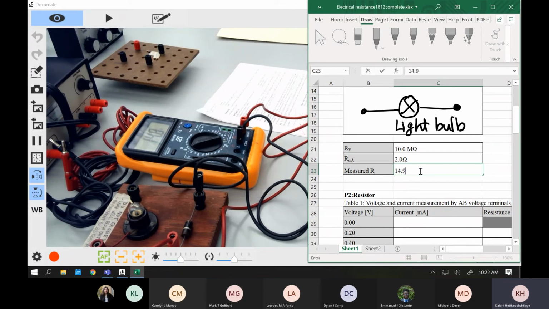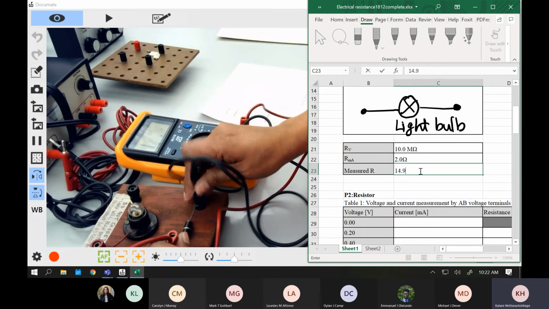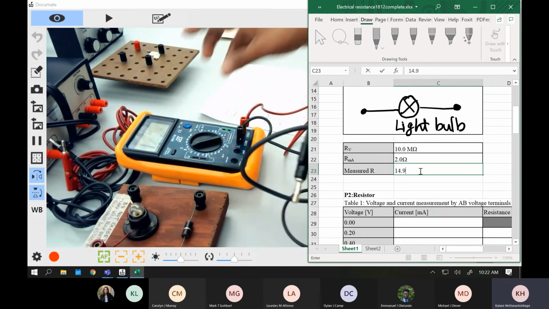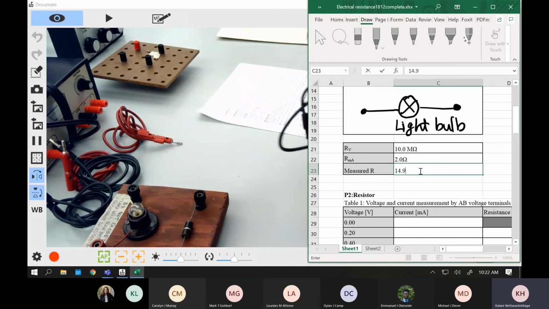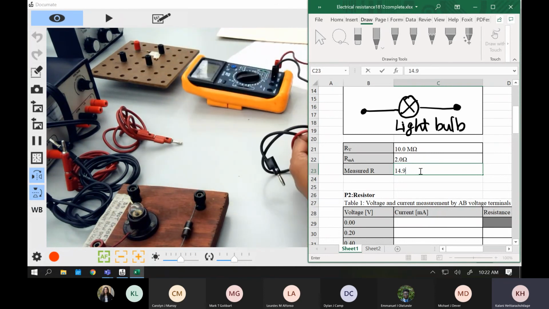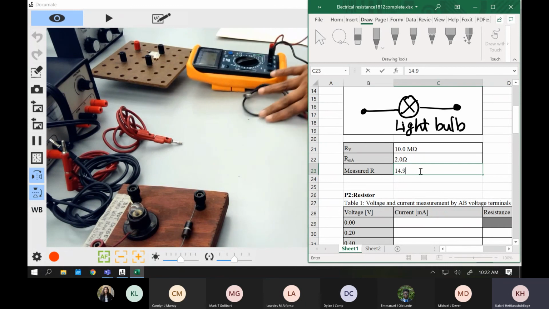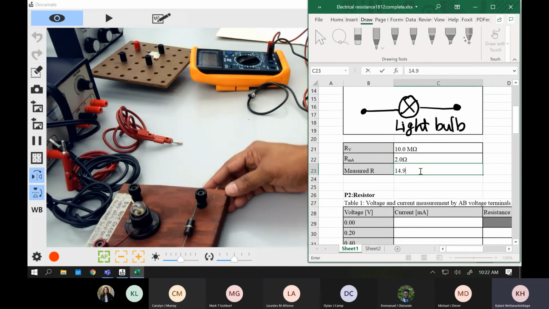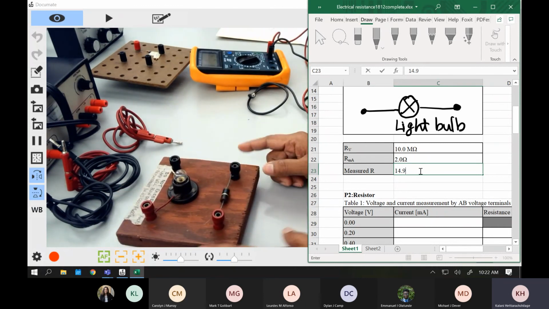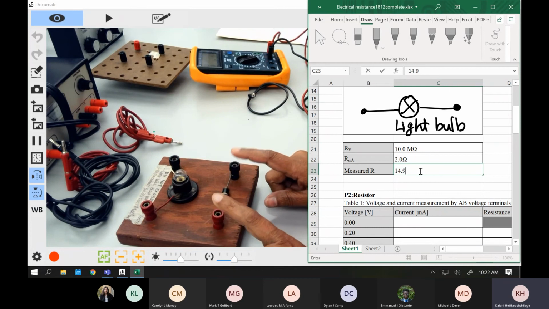Okay, so now we measure the resistance. So we're going to calculate by using the slope of the plot later, but that's the first part we did, right? So now you guys can remove the two wires from the resistor. And this one we're going to keep to the side. That's our voltmeter, right? So you keep it on your right side and keep your two wires with that, right? So now what we're going to do is produce different voltages across this resistor, and we're going to measure the current and voltage for different voltage levels.